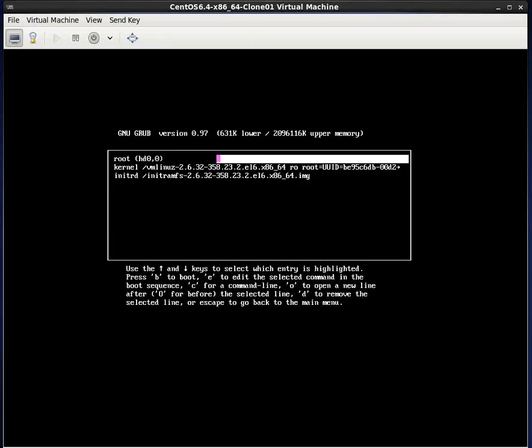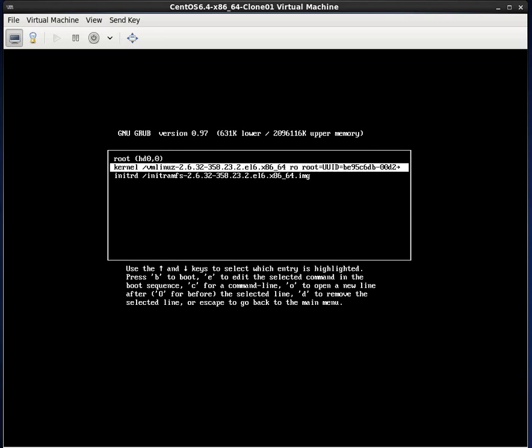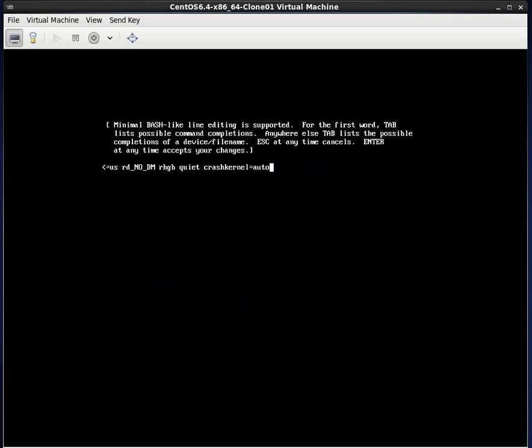I'm going to use my down arrow key and go down 1 line, and now I'm sitting on the kernel line. While I'm sitting on the kernel line, I'm going to tap the E key again. It takes me to the end of the kernel line, and I could go back and use my cursor key and make changes to kernel parameters if I wish. But what I'm going to do here is just type in the number 1, and that's going to allow me to boot into single user mode. After I type in the number 1, I'm going to hit the return key,